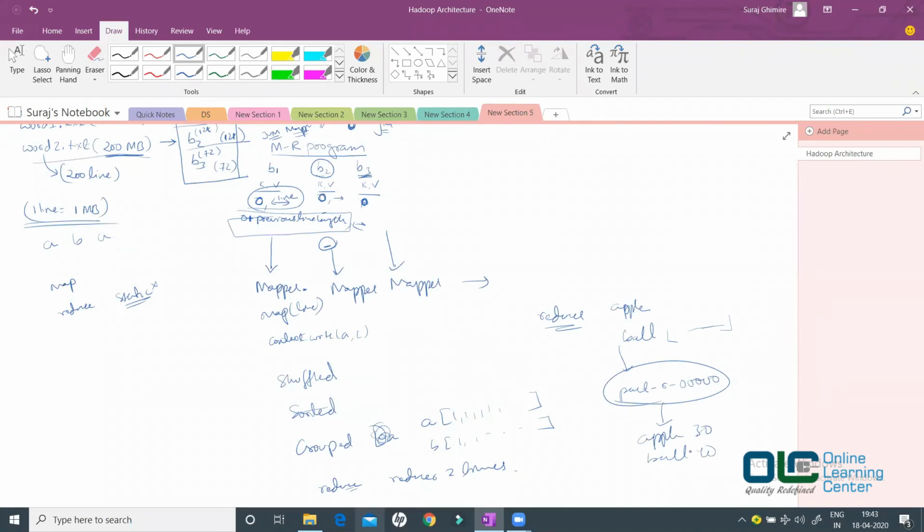Okay, now here I have something to say: this reducer can also be increased. See, the problem is when you are using just one reducer, the same reducer will have to count the total occurrence of apple as well as ball. Now let me assume that word 1, word 2, word 3, word 4, word 5, all these files contain all the words from A to Z. Okay, where A for only apple will come, B for only ball will come, C for only cat will come, Z for only zebra will come, and nothing else.